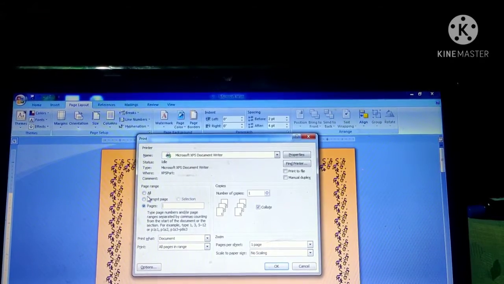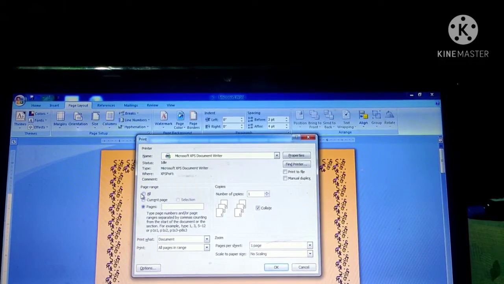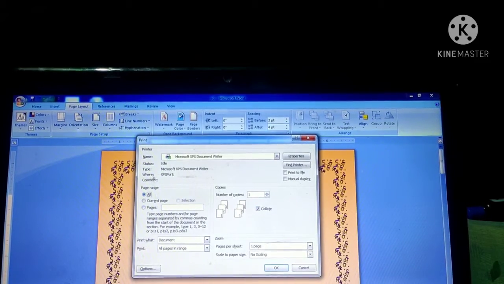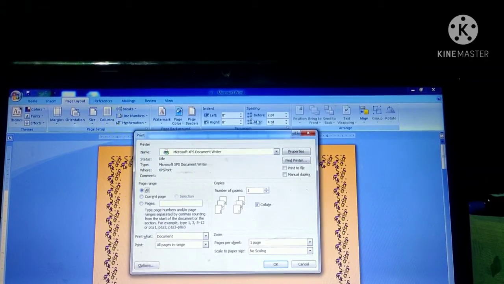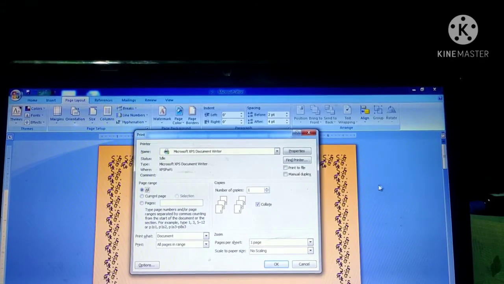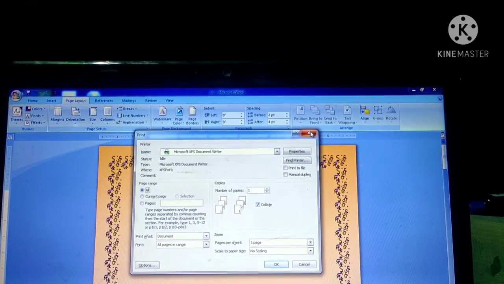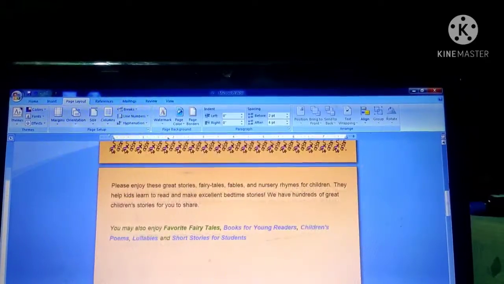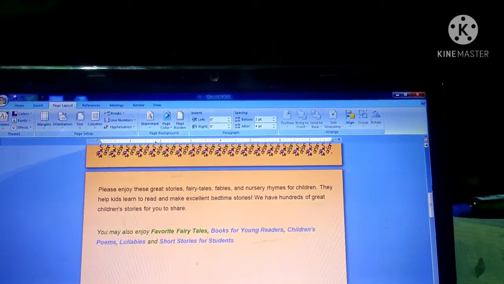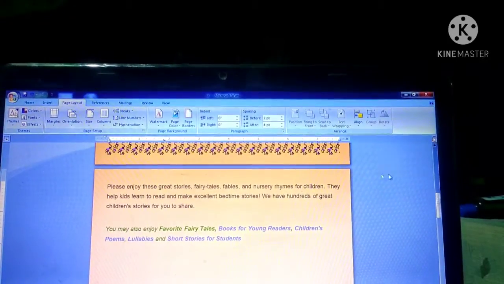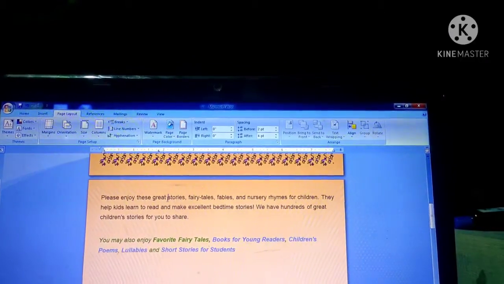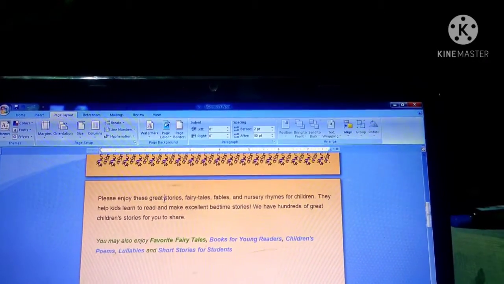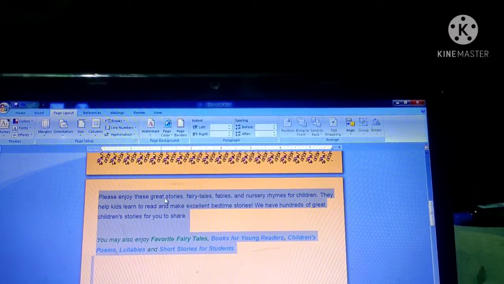Okay. If you only want to print a selection, then before clicking on the print option, you will select the text. Okay, let me show you. This selection option is not highlighted now because I have not selected any text in Word for printing. But let us make a selection here first. Okay, now I have selected this text.